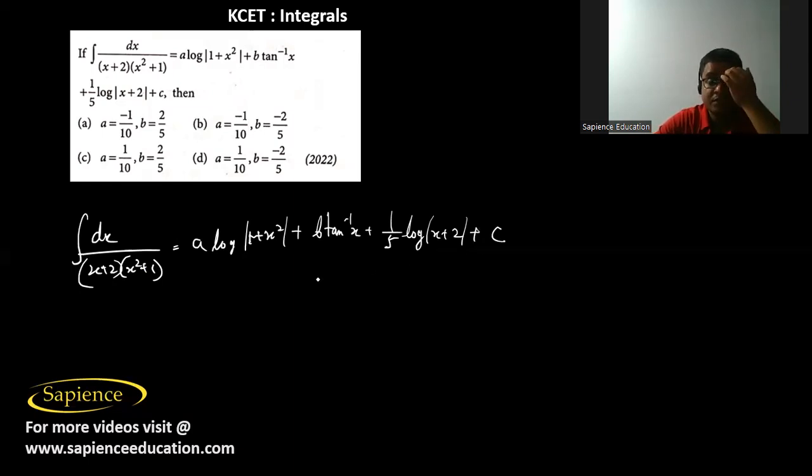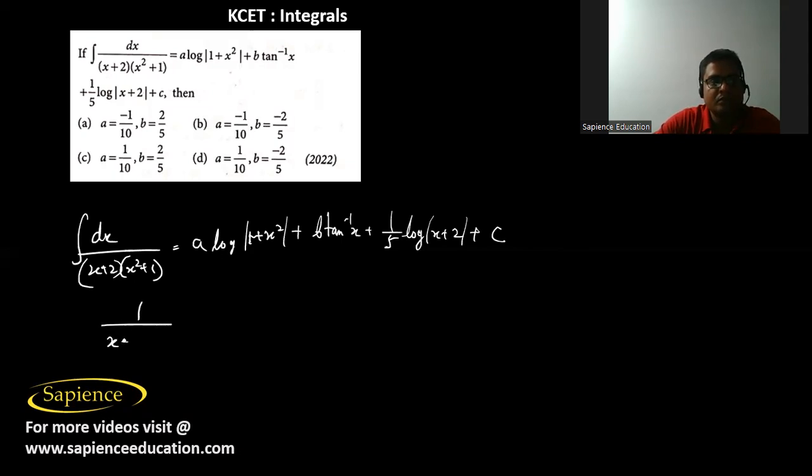Then here it is told that if integral dx by (x plus 2) into (x square plus 1) is equal to a log mod (1 plus x square) plus b tan inverse x plus 1 by 5 log mod (x plus 2) plus c, then we have to find the values of a and b. Okay. So now therefore